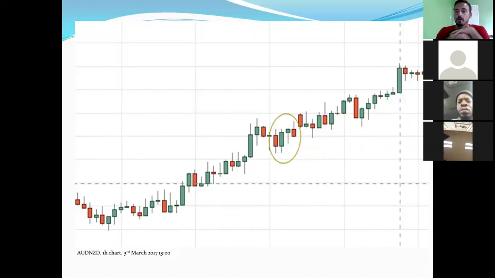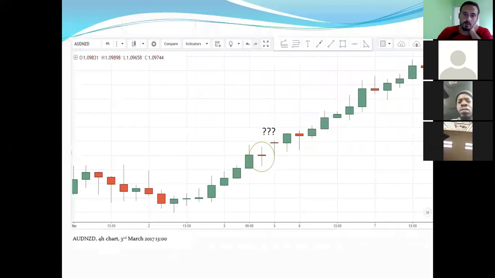So these are something that we would look for, for instance, if we have a strong trend in one direction, and then all of a sudden both buyers and sellers are fighting for control, and we end up with a doji like this one. That indicates that the trend could be weakening, and that we can look for entries. But of course, we're not just going to enter trades just like that. We always wait for confirmation, because in this case, we see, okay, trend is up, doji, but it continues. So if we had entered into a sell, we would have been in very bad shape here. All right, so